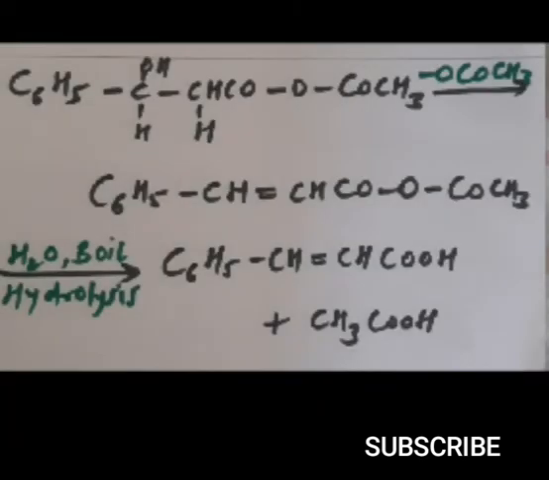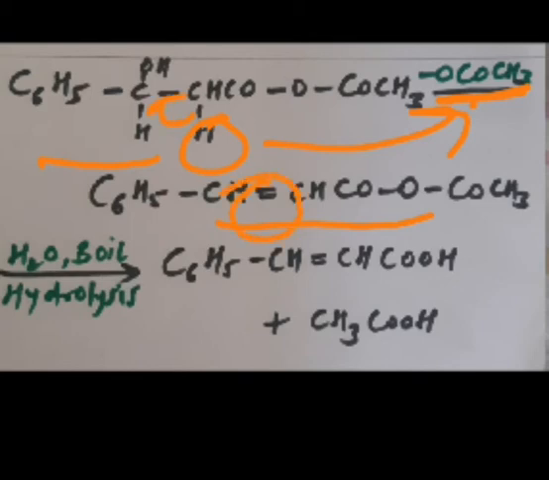Under the basic conditions of the reaction, the aldol which was formed in the last step undergoes dehydration to yield the condensation product of this type. Now how does this dehydration take place? The basic conditions which we maintained are going to result in dehydration. So the acetate ion which we are taking will abstract a proton. Because of this abstraction, what is going to happen? The excess of electrons will move here, resulting in the formation of a double bond between carbon and carbon. What will happen in this case? The carbon valency will increase on this carbon. It will be 5 now, but carbon can have at the most 4 valency. So what will happen next?